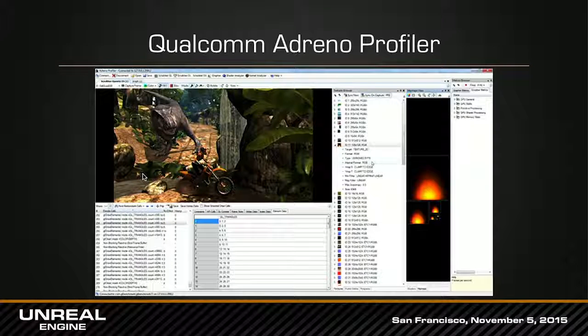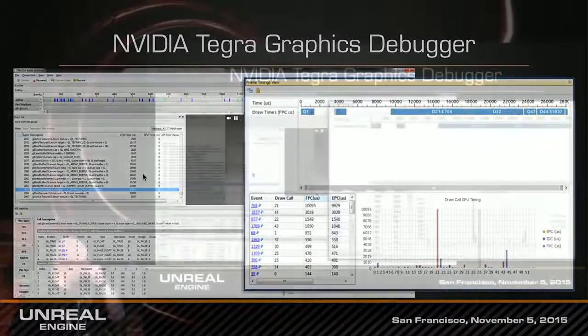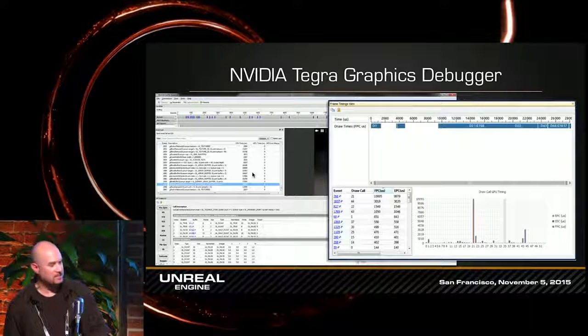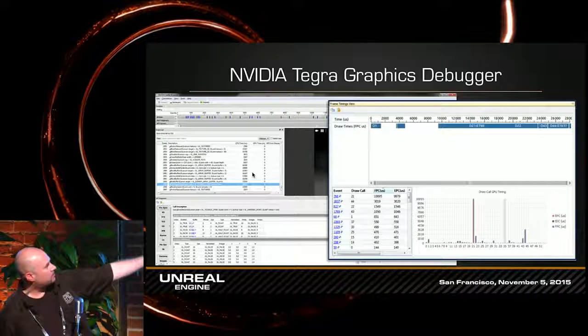In the rest of the world, all those other vendors come into play. It is actually a pretty good tool. NVIDIA, they have tools too. It's a little bit older screenshot, but the NVIDIA tool on the right side